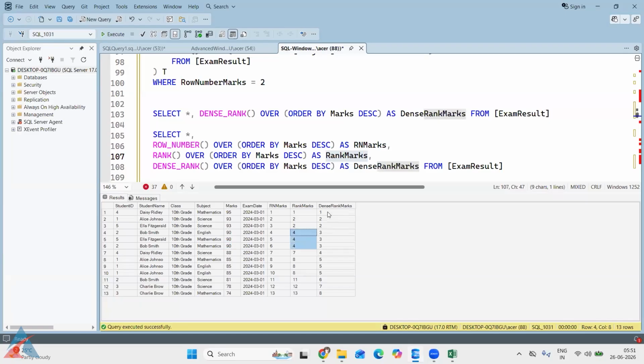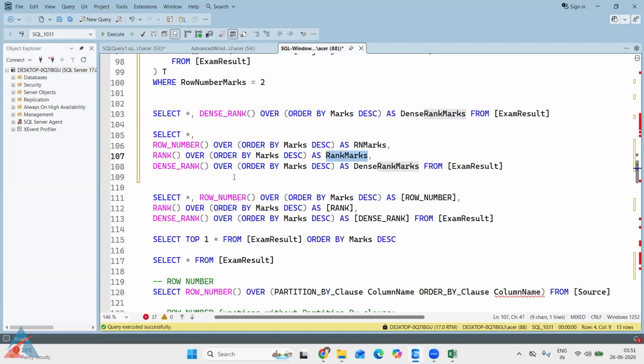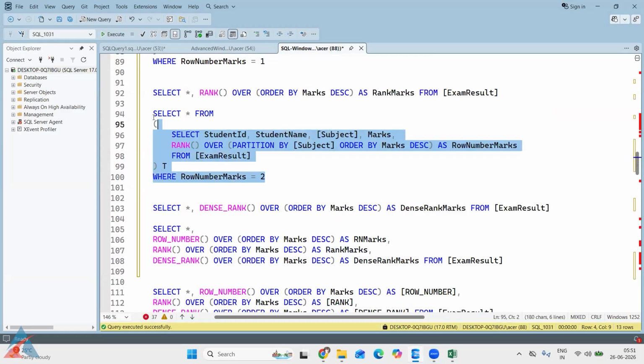And dense rank is also assigning a rank number to each of the records. If a tie is present, it will assign the same rank value, and while assigning the next rank, it does not skip any number in between. So dense rank is most useful to find out accurate data. With this example,